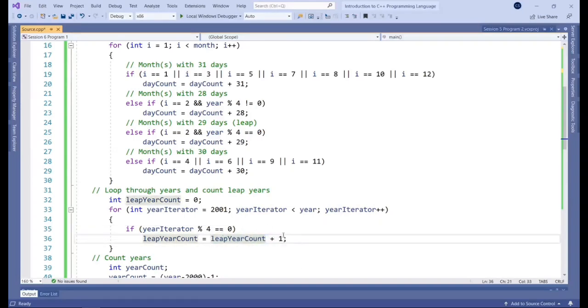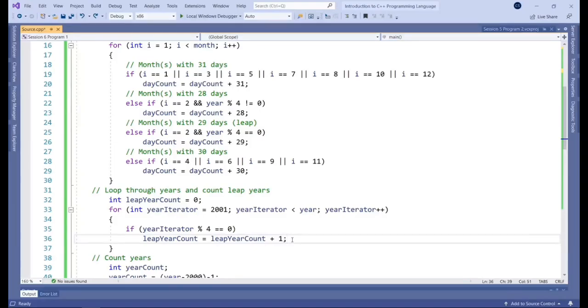So you could write it like this. You could also do something a bit more simple. You could just do this, for example, and that would add 1. So just as we had it here for the iterator, for the leap year count, we could also do it this way. It would be exactly the same. But just to show you what's happening, I'm going to write it like this. It's a bit more visual, I suppose.